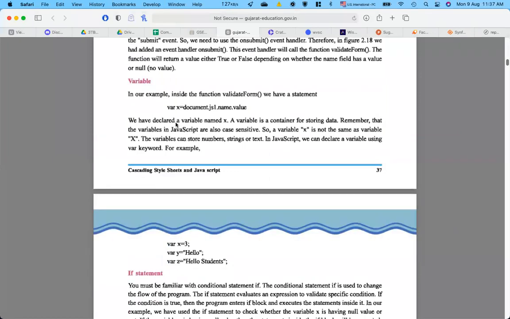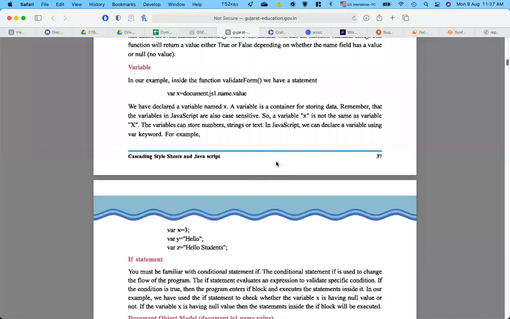Then we have variable. What is a variable? The concept of variable, that also we have done in the previous class. So a variable is nothing but a container for storing data. And the syntax, or you can say the rule of how to declare a variable, is given here. These are examples of simple variables, where var is the keyword.